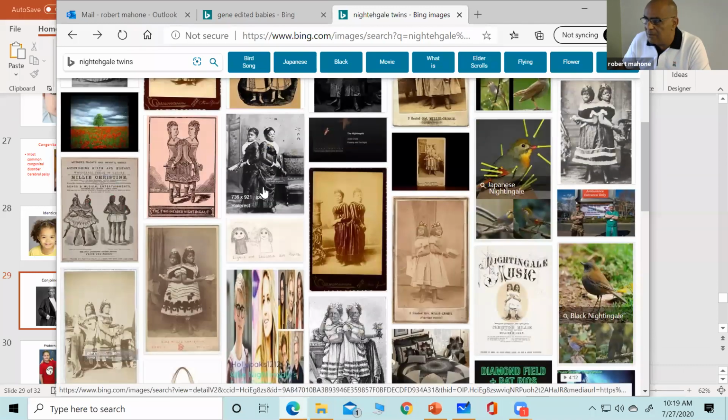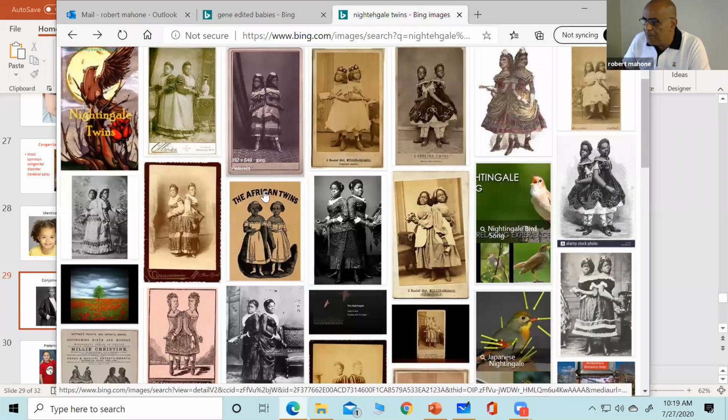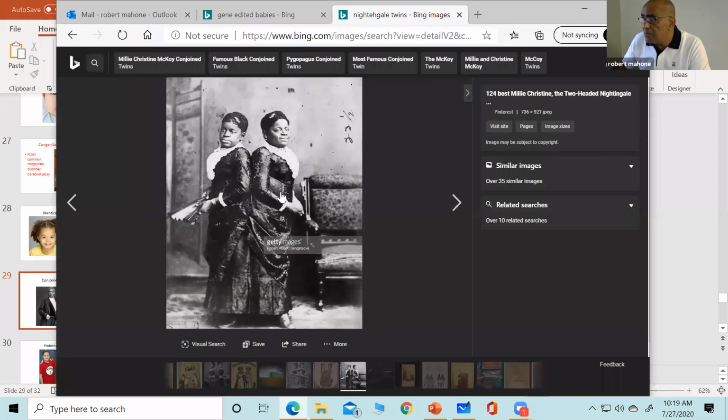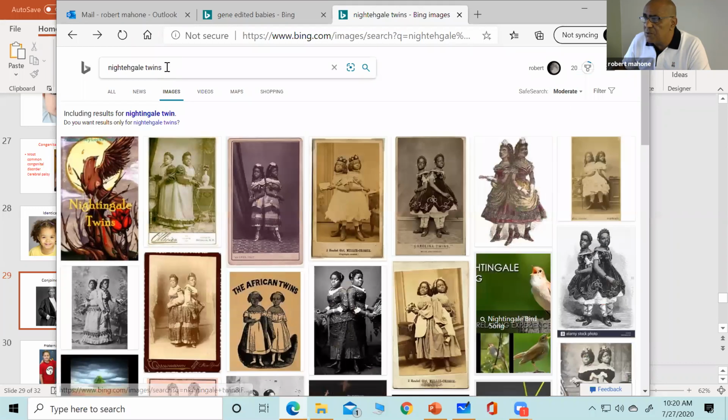I mean, like, I don't know, Whitney Houston type singing. But anyway, they were born into slavery. And they were released because they could travel all over the world. So they were given their freedom. So anyway, that is the Nightingale twins. Some people or some children are born